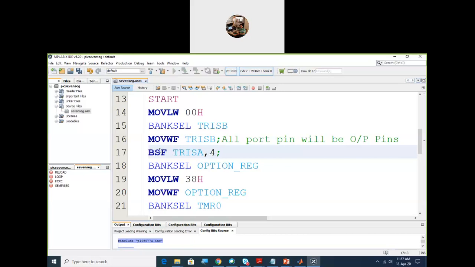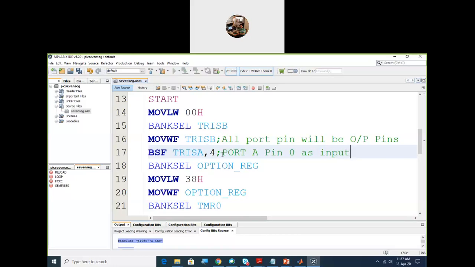This will set TRIS A bit number 4. In other words, this will configure that port A pin as input. That one pin will be input where you get the pulses of the counter, and port B is where you output the 7 segment data, so port B is configured as output and a particular pin of port A is configured as input.